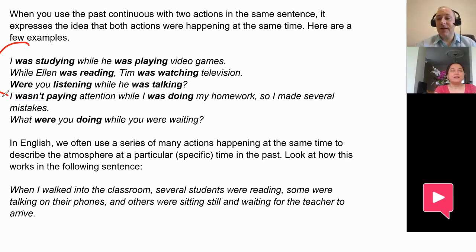Yeah, that's right. So if I say, so last night, what were you doing, and what were you and your family doing? You say, well, last night, I was studying while my brother was playing video games. So these are 2. There's no real interruption here. There's just 2 things happening simultaneously, which means at the same time.